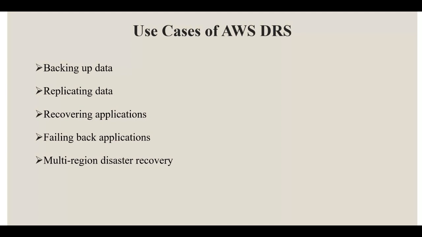So that is multi-region disaster recovery. It supports multiple regions to recover our data, whichever one is applicable to our services when we are creating the on-premises storage. When we use Elastic Disaster Recovery, we can easily recover our data using disaster recovery across multiple regions. So these are all the use cases of AWS DRS.